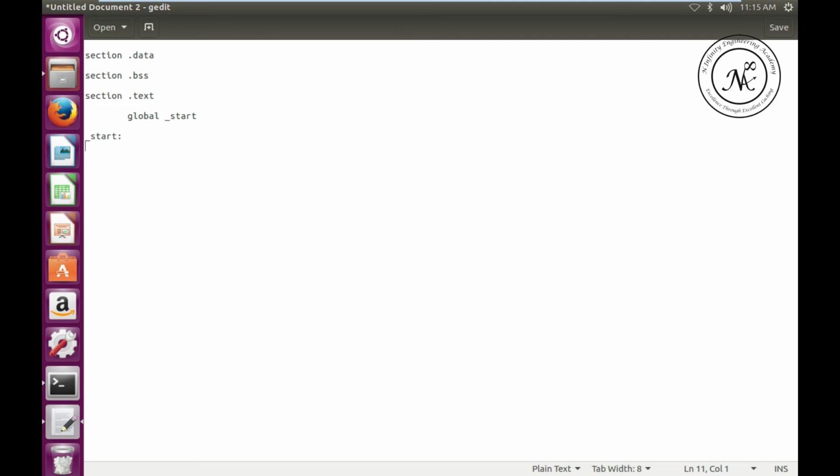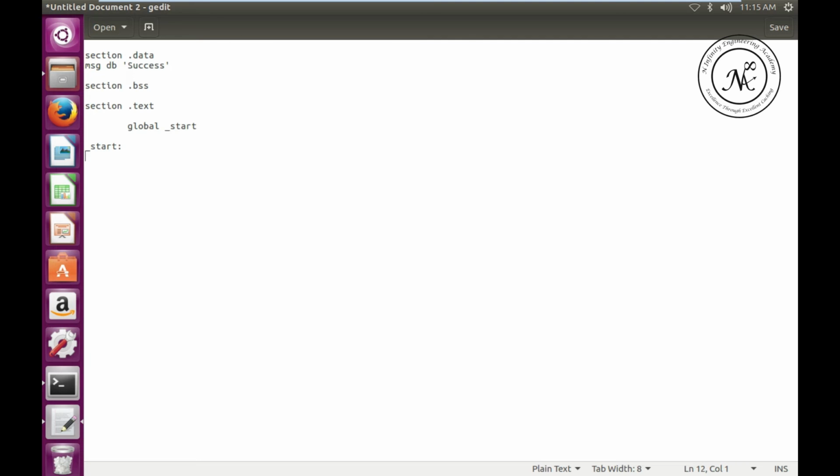This is the proforma of writing the 64-bit code. Here inside section .data, I'll be using one variable with the name message db, and the message that we want to print is success.